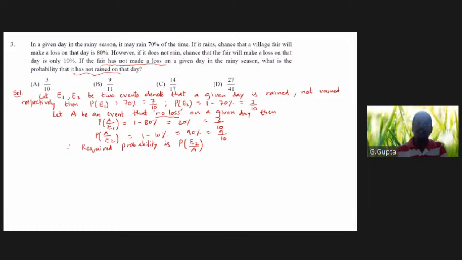That is the meaning. Using Bayes' theorem, the numerator is probability of event E2 into probability of A given E2, whole divided by the denominator, all total cases: probability of E1 into probability of A given E1, plus probability of E2 into probability of A given E2. Since using Bayes' theorem,